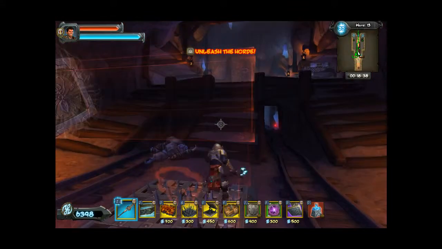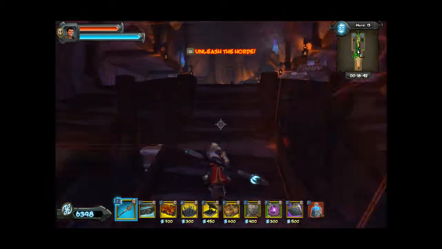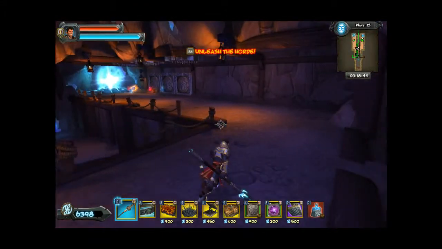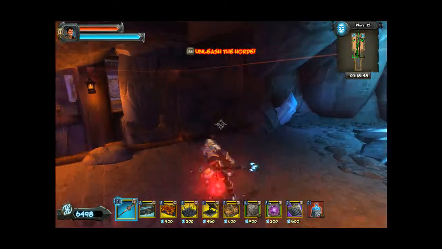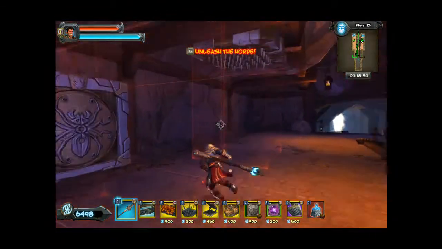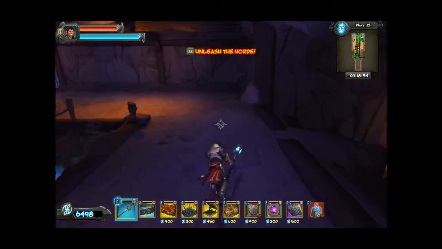Okay. We're on the stairs. Alright, they're on the stairs. A skull. I got him first. I might even be able to buy that upgrade. Which is really, actually, you know, to my own